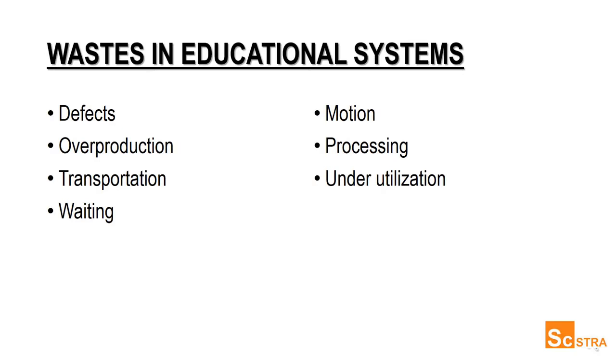For motion, the required routings that items take to get to the final customer, required forms that enter data repeatedly. For processing, reports and other communications or emails that are sent to multiple receivers that never read or have anything to do with the intent of the document. And of course, the biggest waste in lean education is the underutilization of all the elements in the education process, namely the teachers, the students, and the administrative staff.